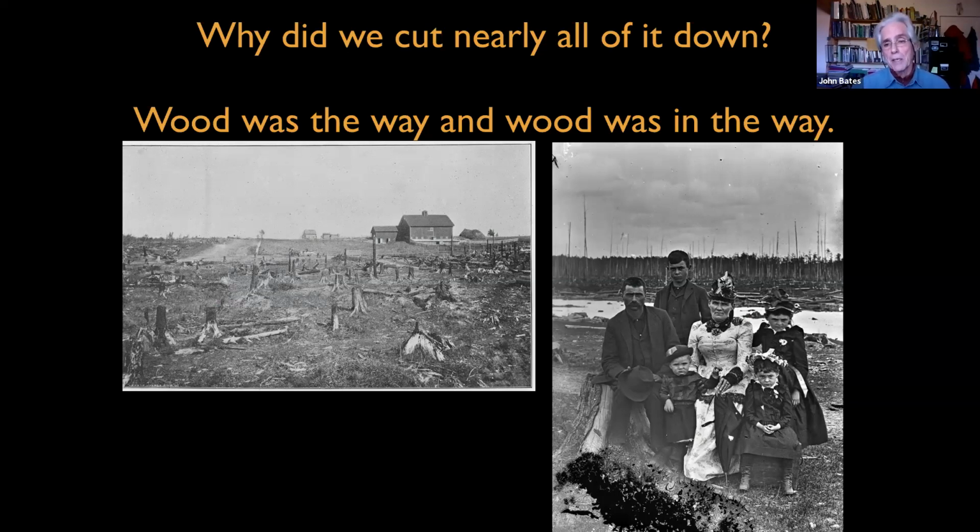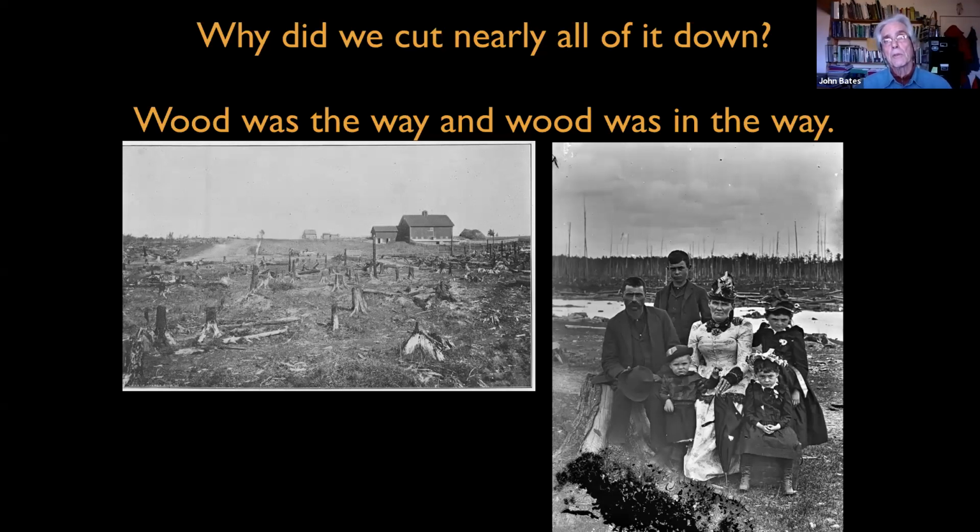So you see this happy couple with their 4 children, and this is in Black River Falls, looking at their land behind them, at their homesteading, and it's all been clear cut, and they need to plant. There's not a Red Owl grocery store down the road that they can get their food from. So wood was in the way, and I'll share some statistics later in the talk on how much was likely lost in fires and in purposeful cutting just to get it down so we could plant. So it was the way of the world. It was used for everything, all fuels, etc., but also was in the way.